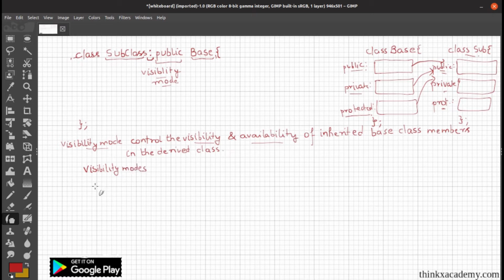And the first visibility mode is public, then protected, and then private. So you can use any of these three as a visibility mode, and let's see how this will control the visibility in the subclass. So if the visibility mode is public, which is in our case, so the inherited